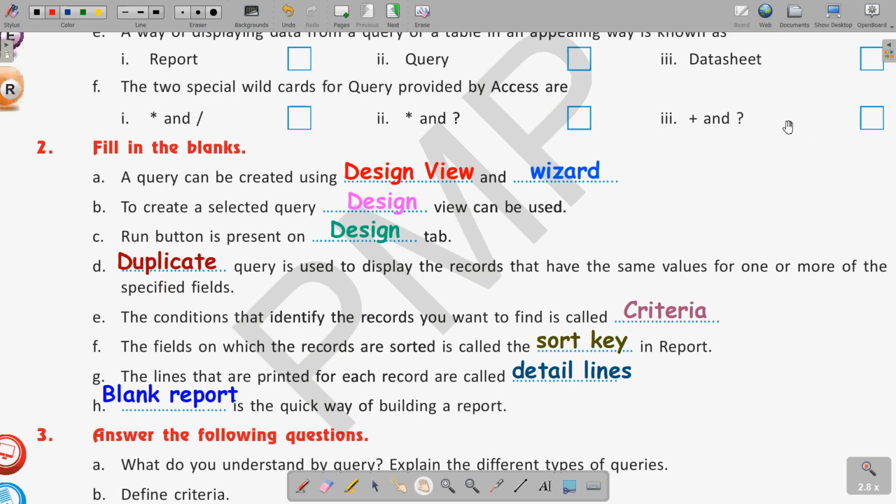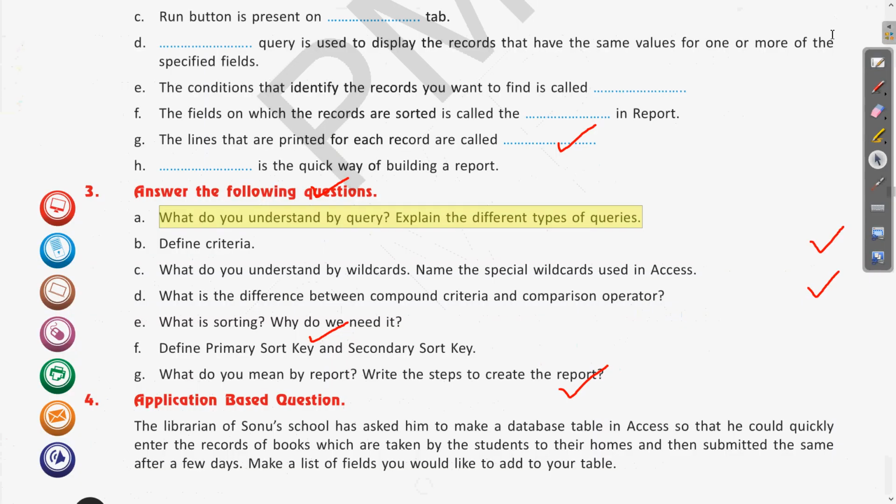Now coming to the answer the following questions. Let us erase these marks. Okay, now coming to the first question, that is, what do you understand by a query, and explain the different types of query.